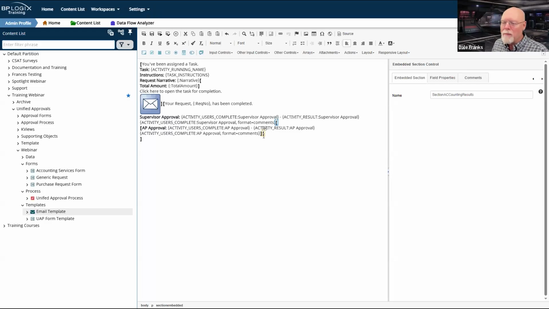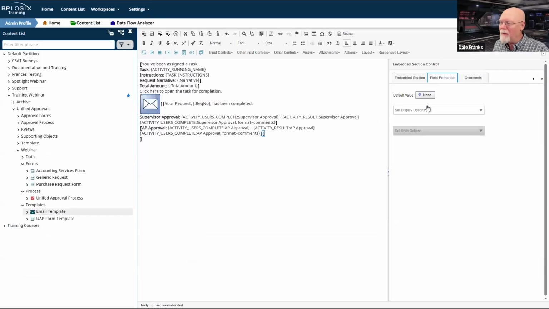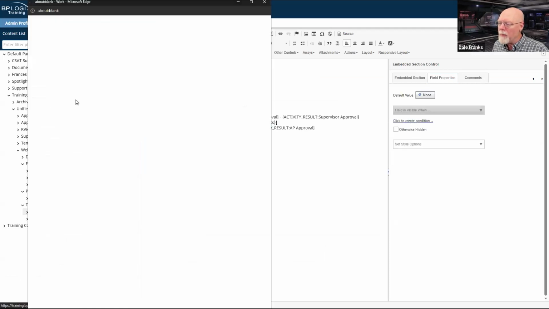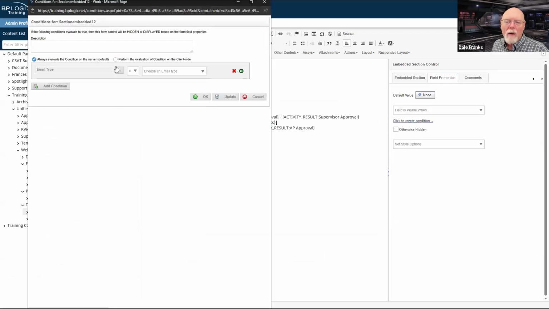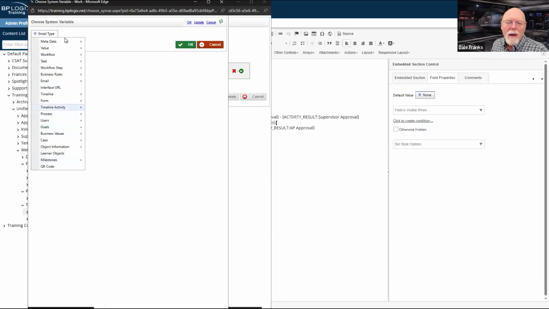So, for example, my AR approval activity is only going to run when the activity type is VP. That's the only condition where that will run. So we'll set field as visible when, and we'll add our condition. Our email type is not what we want. We want string.